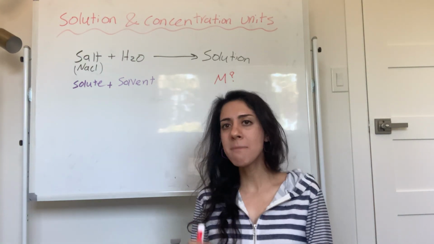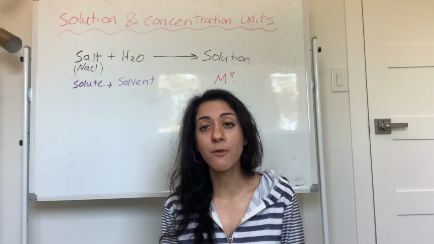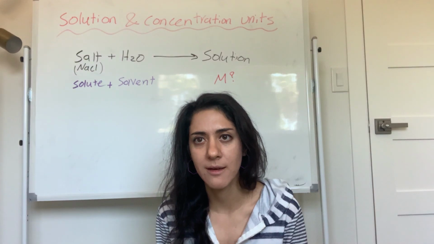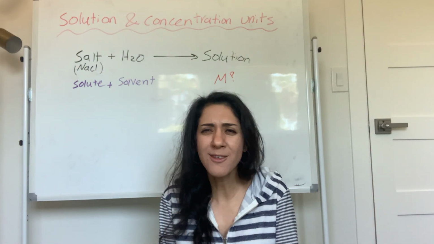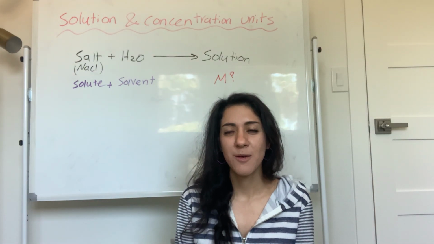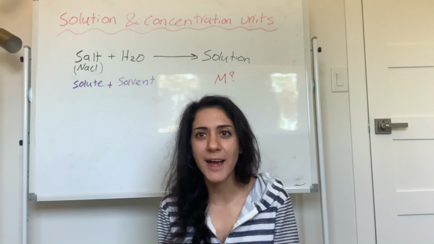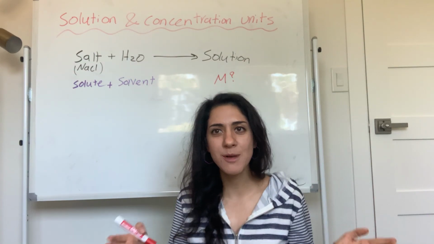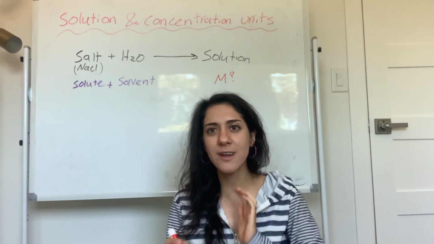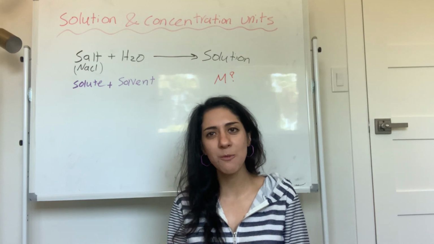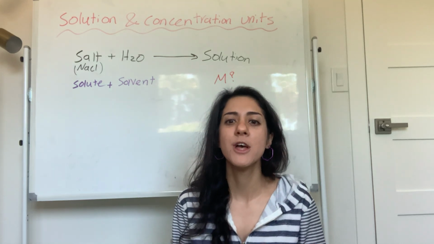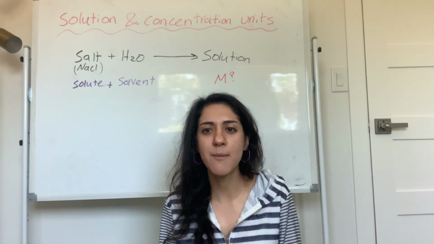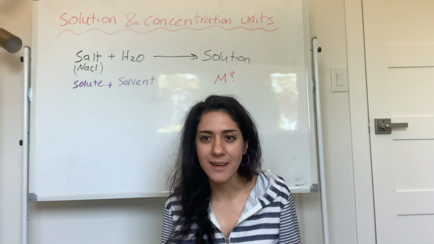Now, there are many different units of concentration, but chemists, we love molarity. We love molarity. Why do we love molarity so much? We love molarity because chemical reactions are balanced for moles, right? When you balance the chemical reactions, the coefficients are the mole ratio. We teach you in Chem 1A, the coefficients are the mole ratio. So we balance chemical reactions for moles, so we care so much about moles, so we love molarity. But